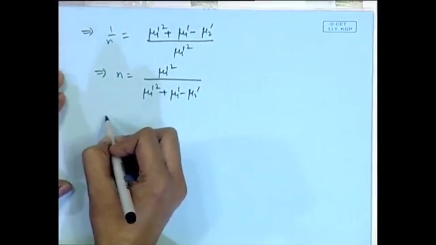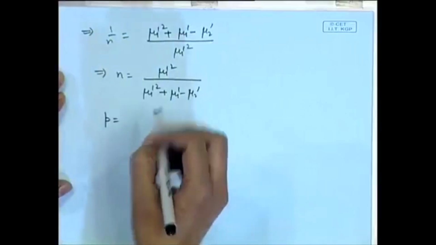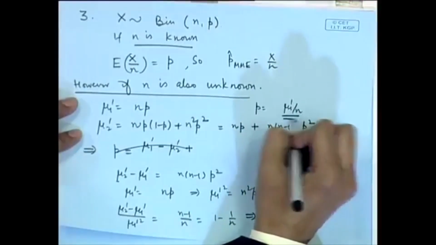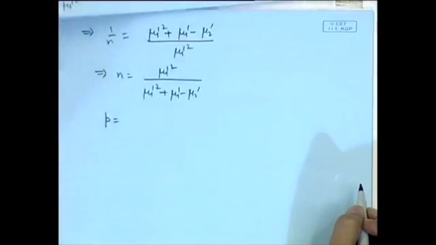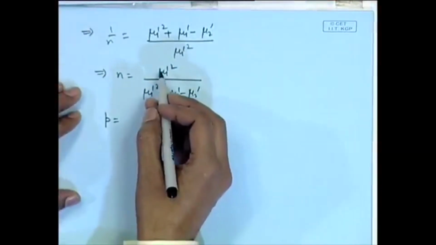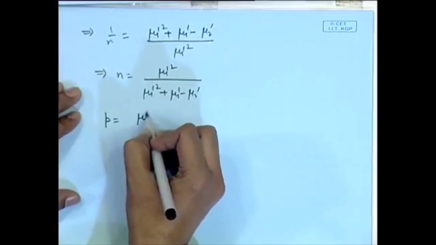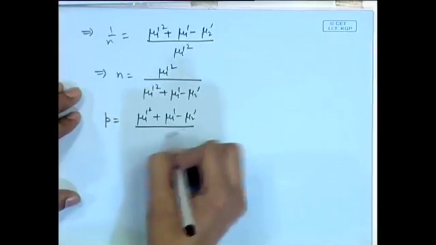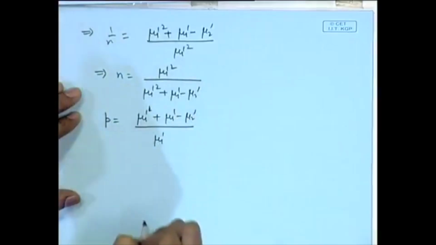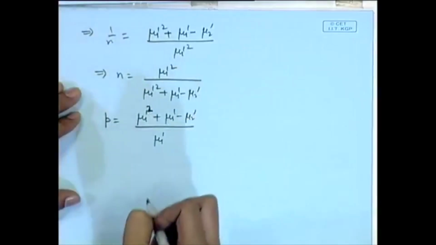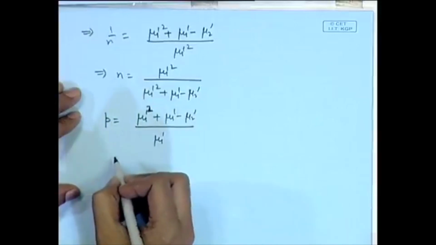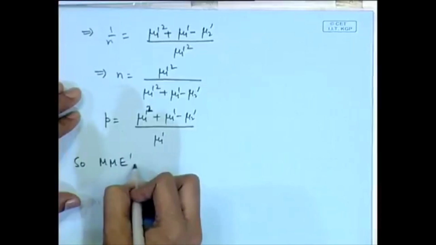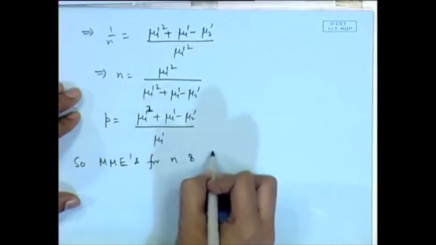Similarly, because from the first one p is equal to mu 1 prime by n, if n is already determined, we just substitute there. So, mu 1 prime divided by this will give me mu 1 prime square plus mu 1 prime minus mu 2 prime by mu 1 prime. So, method of moments estimators for n and p are,